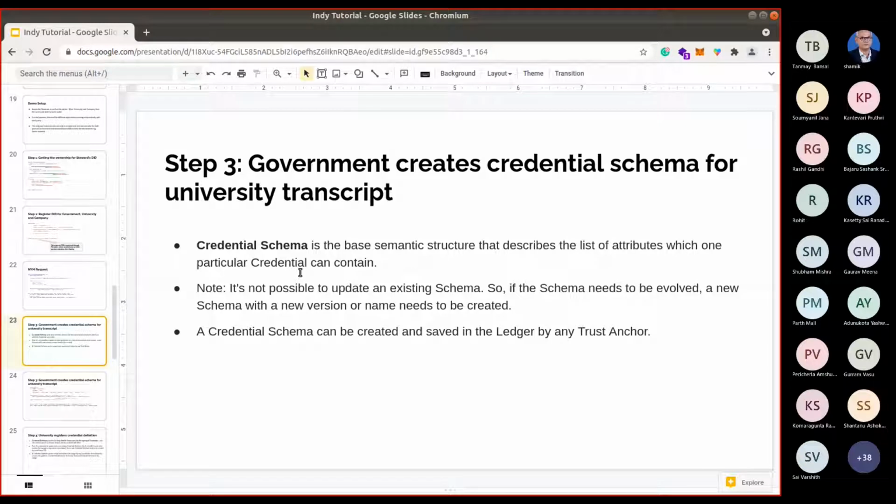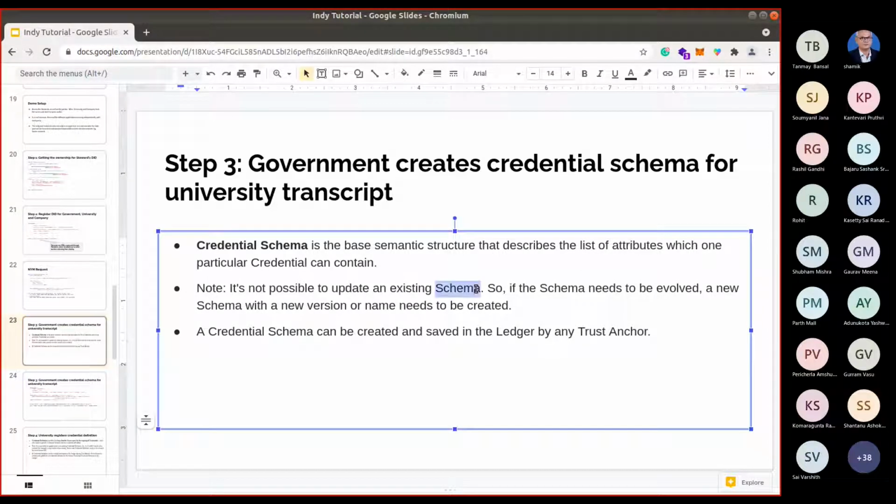The representation would be a specific credential schema. In Indy, it is not possible to update an existing schema. This is an Indy specific limitation. So if you need to change a schema, you need to register it with a new version or a new name. And this schema can be created in the Indy ledger by any trust anchor.